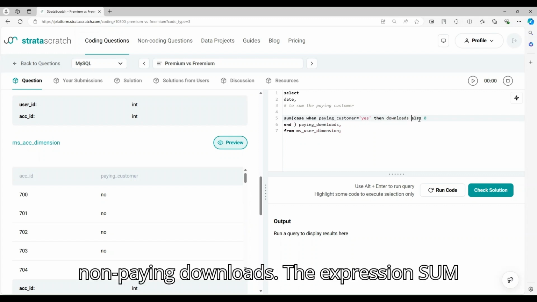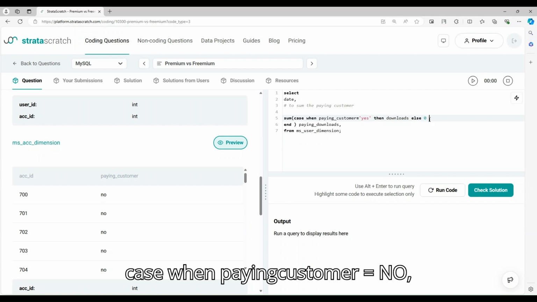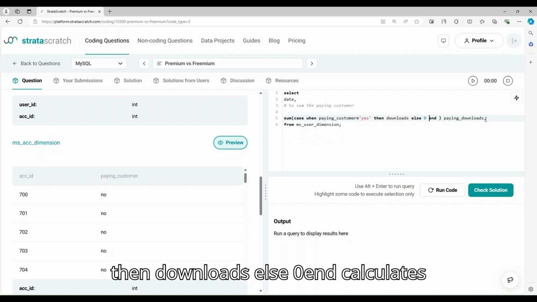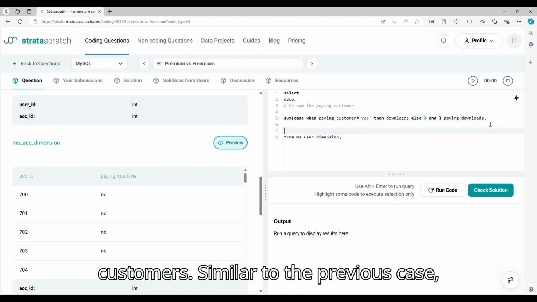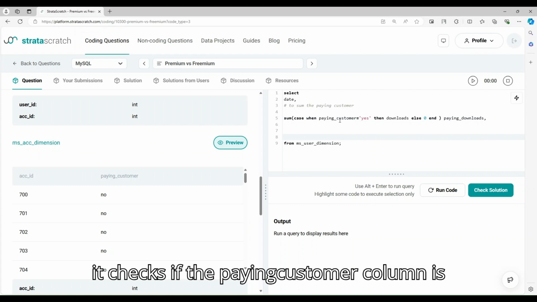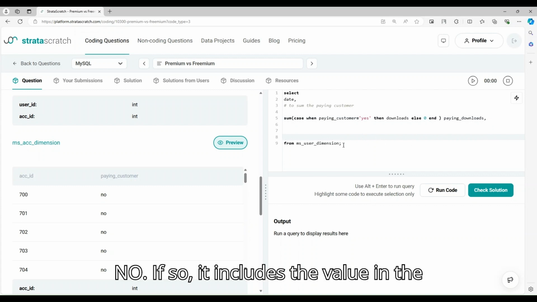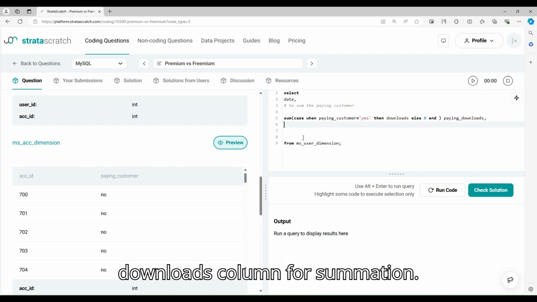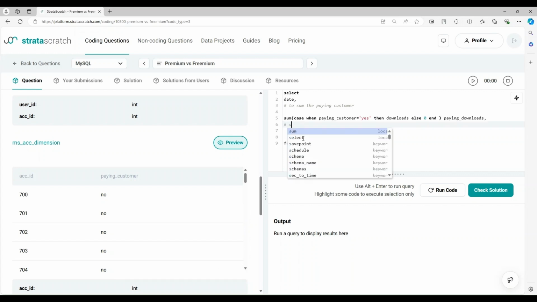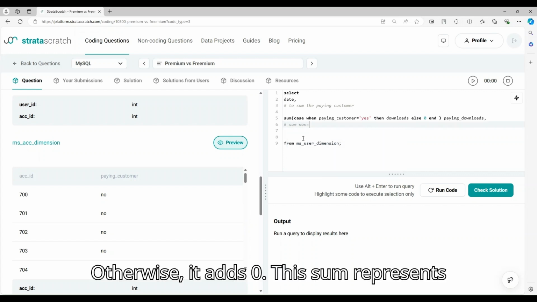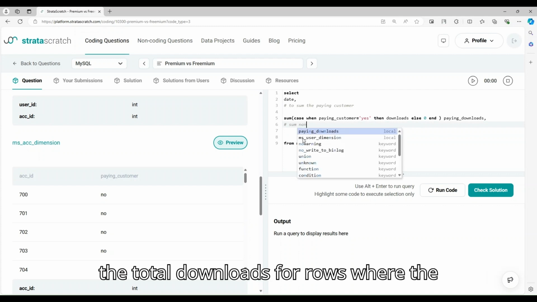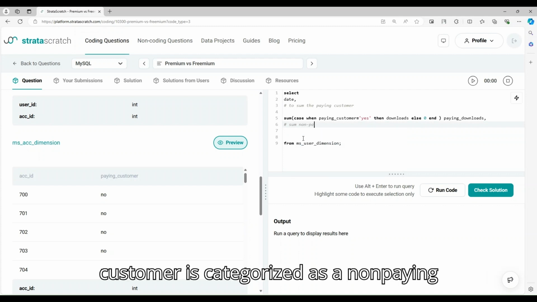The expression sum, case when paying_customer equals no, then downloads else 0 end, calculates the total downloads for non-paying customers. Similar to the previous case, it checks if the paying_customer column is no. If so, it includes the value in the downloads column for summation. Otherwise, it adds 0. This sum represents the total downloads for rows where the customer is categorized as a non-paying